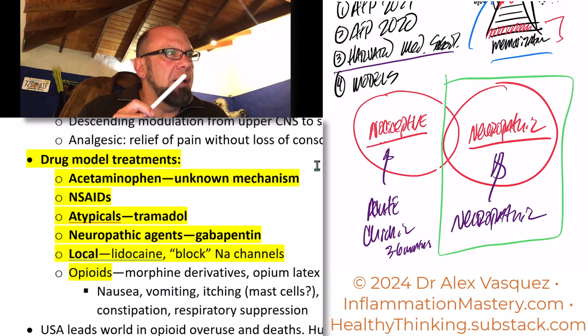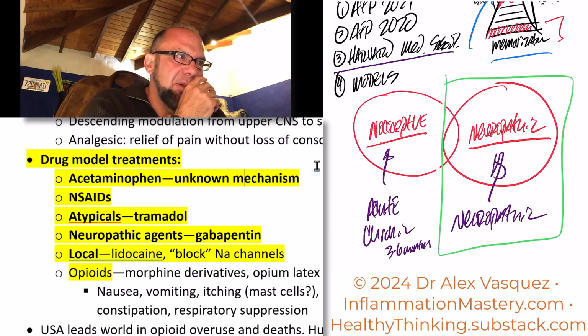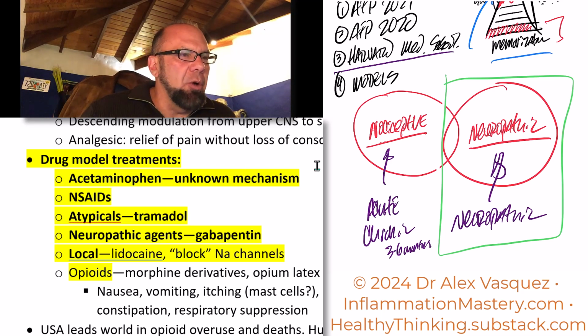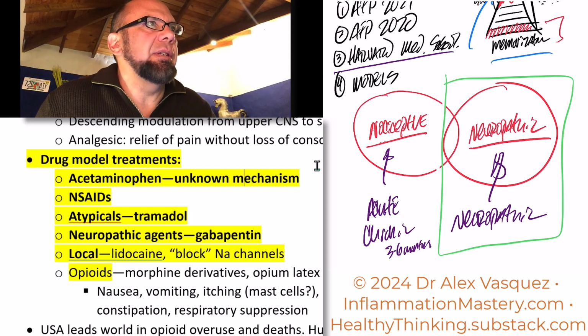The next group, local anesthetic agents like lidocaine. These act on ion channels, especially sodium channels. And then opioids, of course. So the political purpose of this presentation from Harvard Medical School appears to have been defending the use of opioids. I mean, that's all they did during the entire presentation.